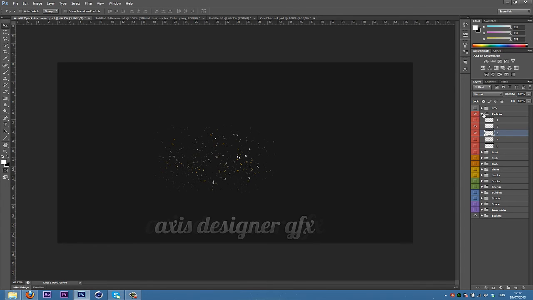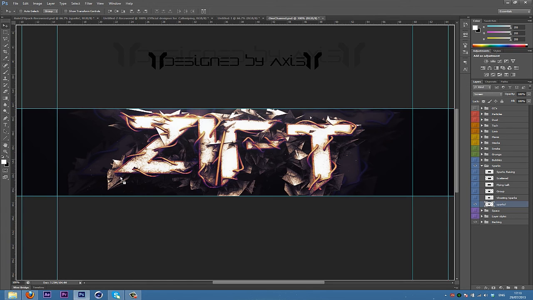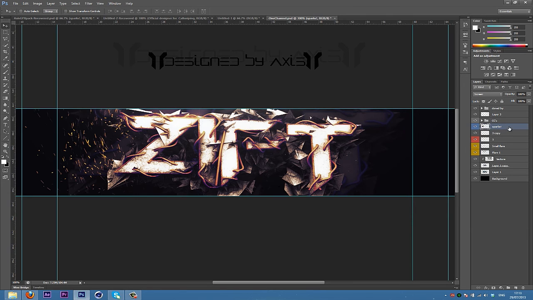You can also add stuff like sparks. Those are really good to go behind your text. If you put them behind, you can do some really cool stuff with them. So if you drag them all down below here,